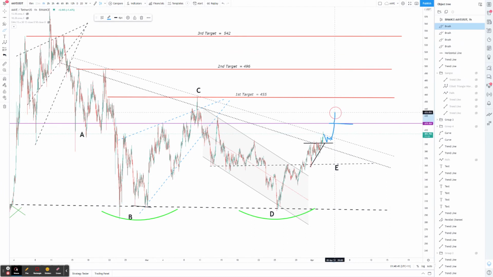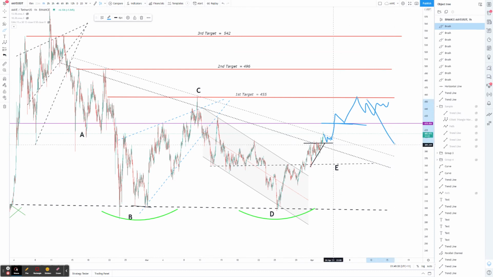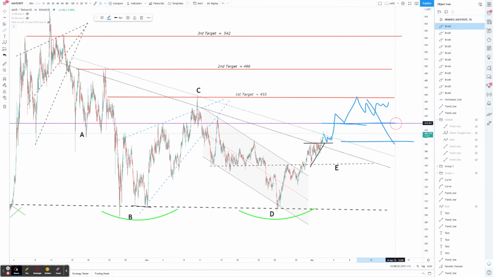If we have a decisive break above it, even better, then we can expect a touch on this level, a retest, and then continue on to the first target. And then we might have some motion there. It could go down to this level, but I doubt it. I think it'll crash